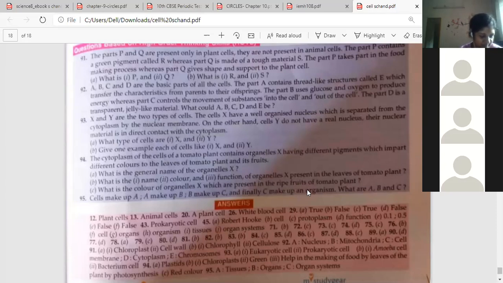I'm happy that you understood this chapter. Most of this chapter I've explained from class 9th also. Other schools have everything. Only the people who are working on NCERT, who have the NCERT book, have only the first 4 parts. These cell organelles and all those are not present. But at this stage, you need to learn those. So therefore, it is explained.